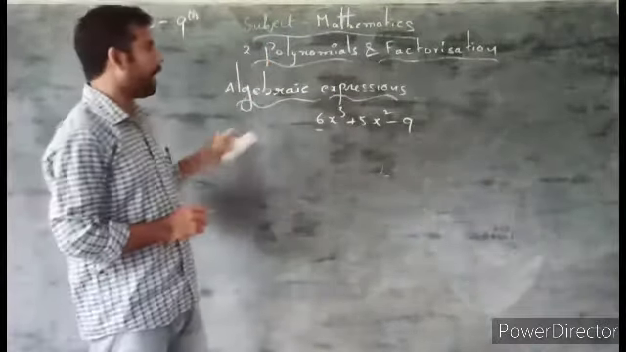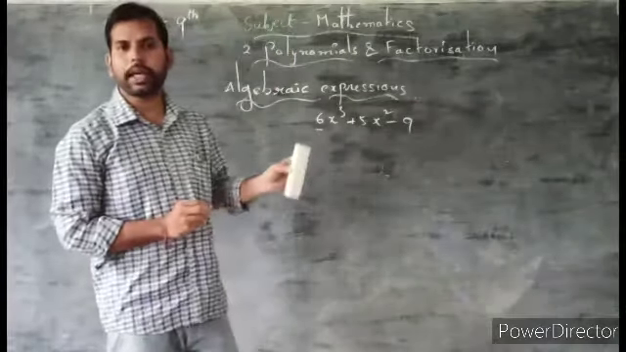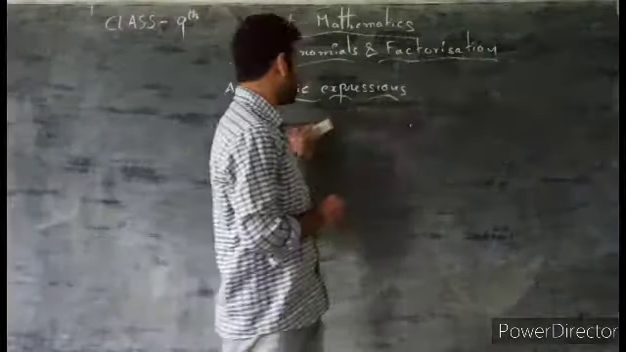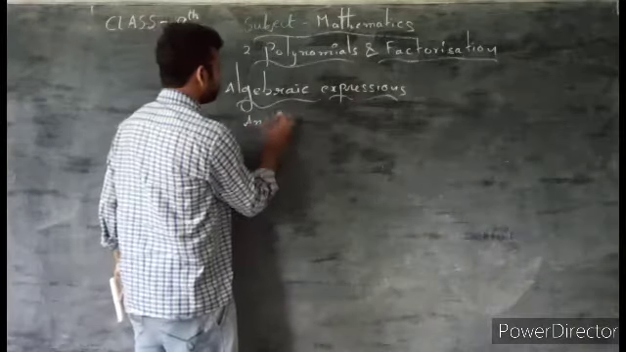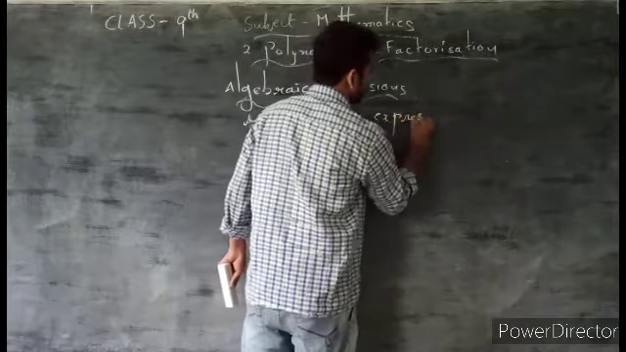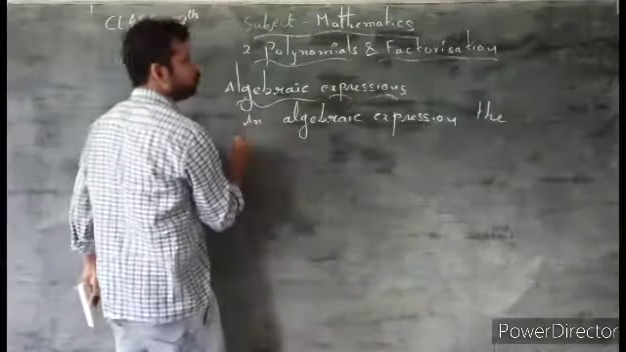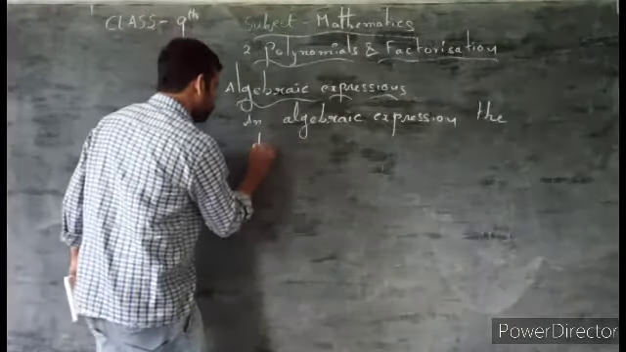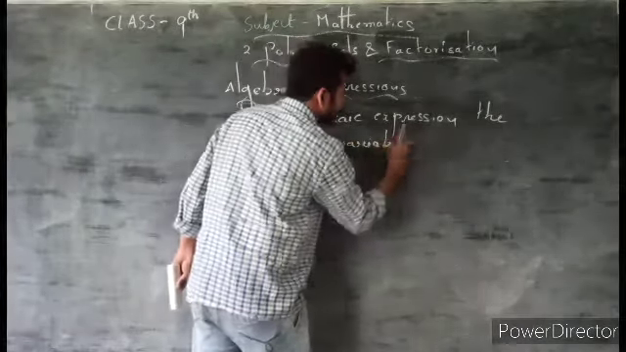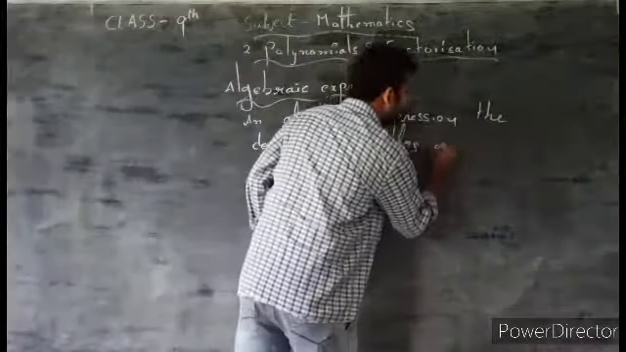So polynomials means an algebraic expression in which the degree of the exponents, the power of non-negative integers, is called a polynomial. Here, an algebraic expression the degree of variables are non-negative integers